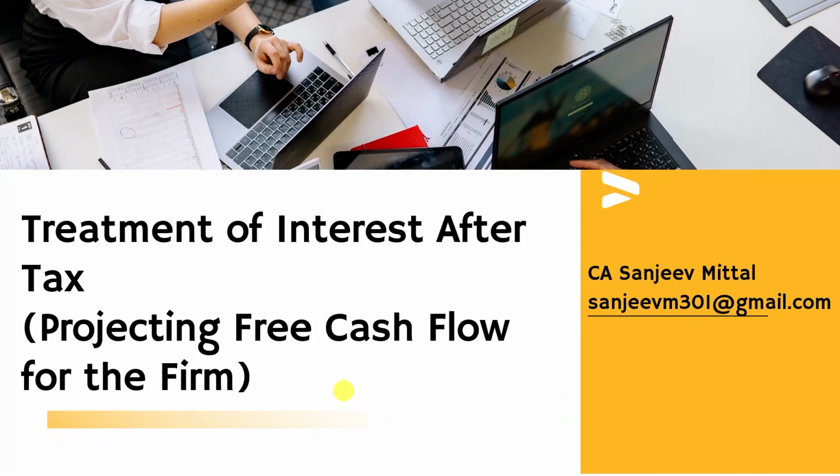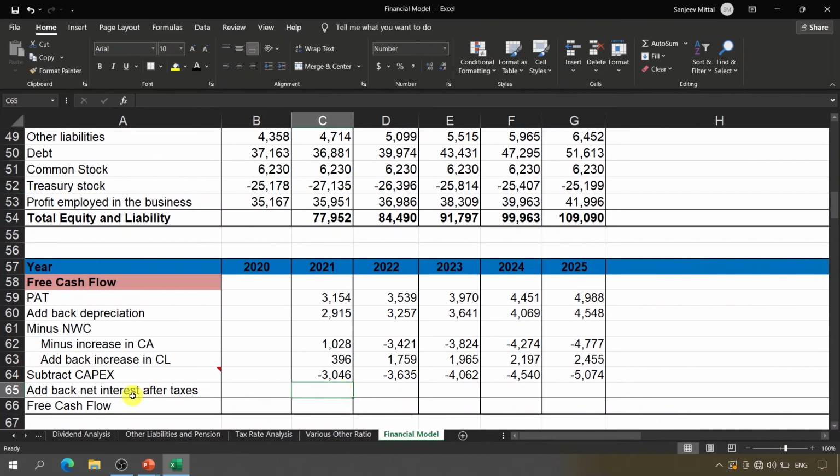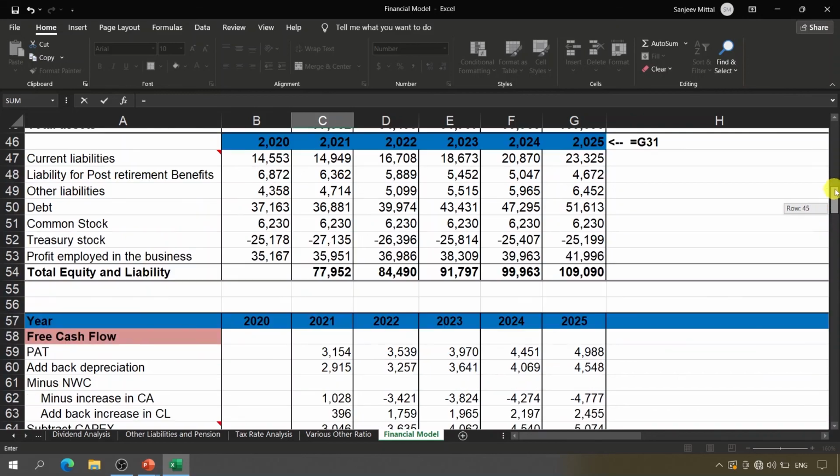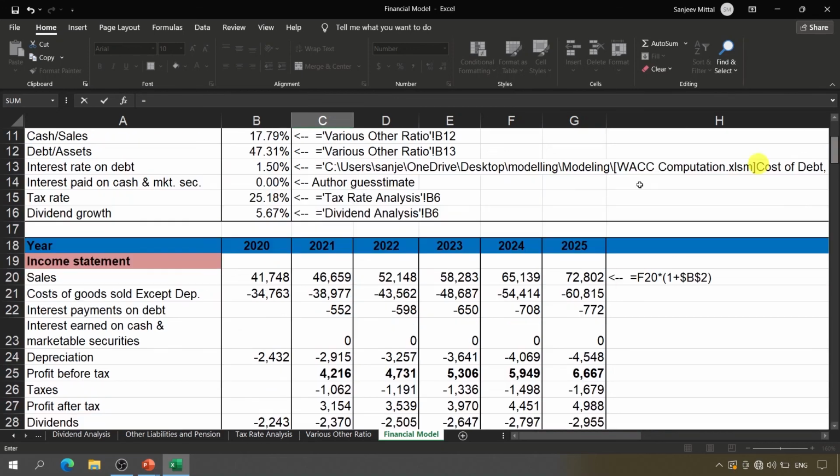Let's try to understand the treatment of our interest after taxes. For that purpose, we shall go to our Excel sheet, and inside that there is one row stating add back net interest after taxes. So we shall go to our interest amount, which is in our projected income statement. As you can see here, this is our projected income statement, and this is the interest amount. Now this interest amount needs to be made after taxes, so we can multiply this interest amount with 1 minus our tax rate, which is